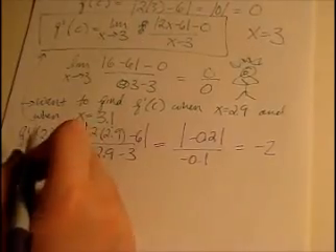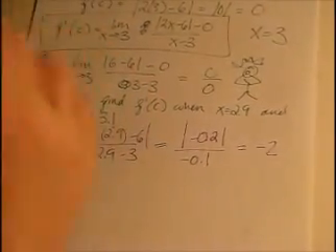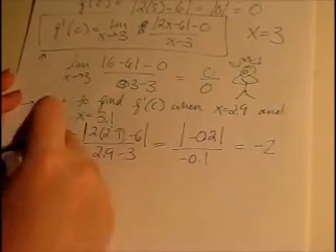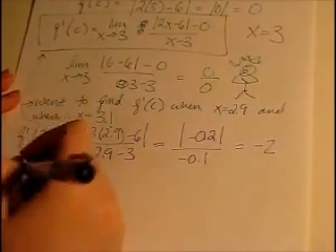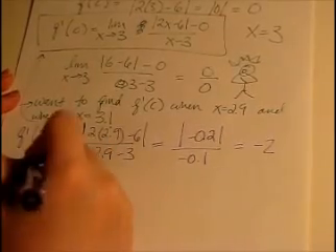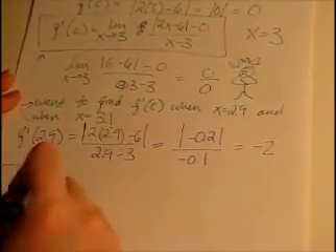So coming from the left to 3, if we have this graph and we're coming from this side, the slope is negative 2. But what about coming from the right? What is the slope? So we have the f prime of 3.1